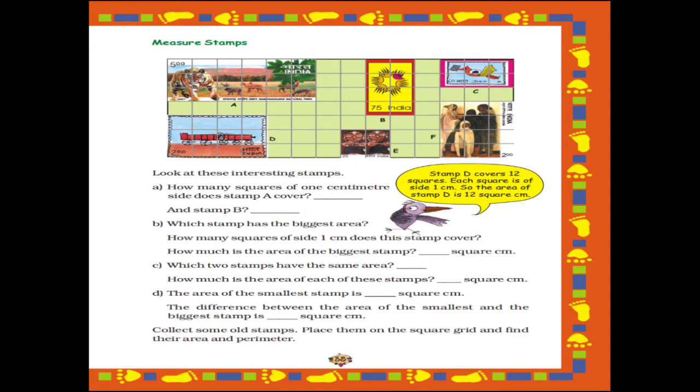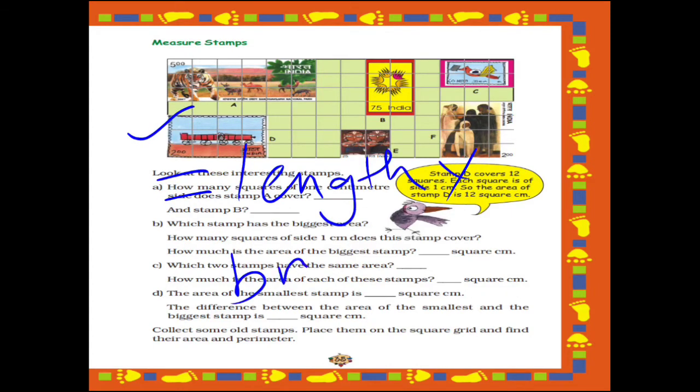See the formula for finding the area of a rectangle. You can see that the stamp is of rectangle shape. First write the formula for finding the area of a rectangle. Write in a notebook that the formula for finding the area of a rectangle is equal to length into breadth. What is the formula for finding the area of the rectangle? It is length into breadth. You have to remember this and write it in a notebook. Whenever you are asked to find the area of any given rectangle, you have to use this formula.